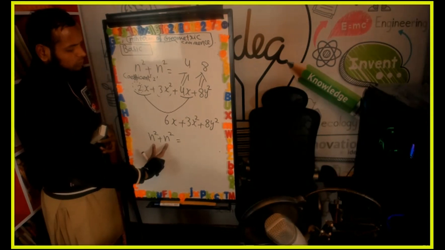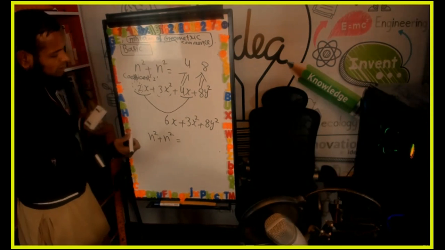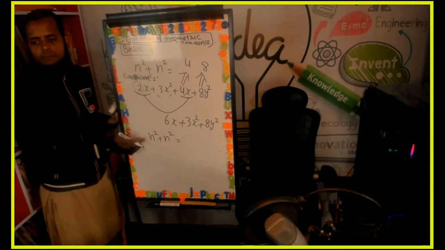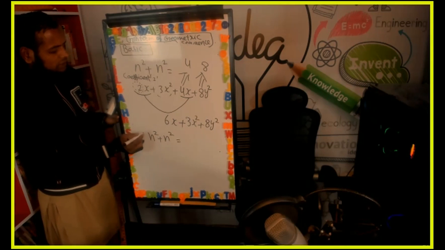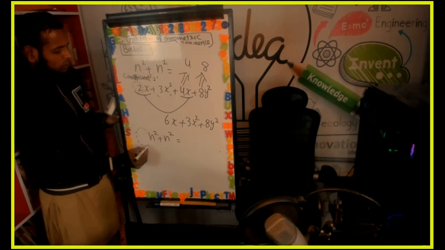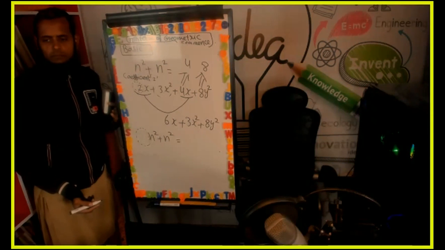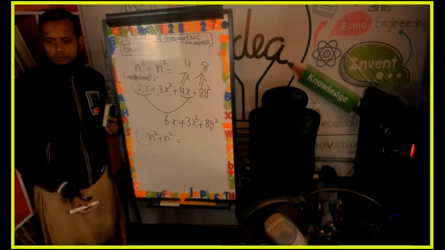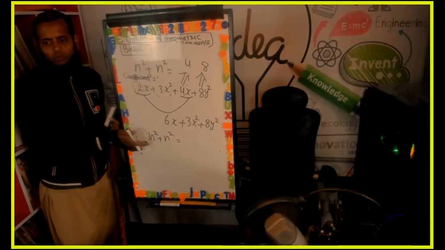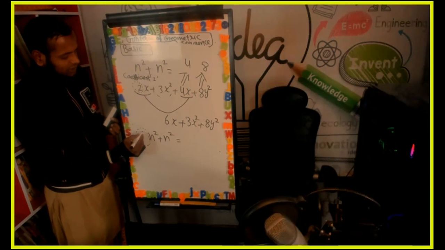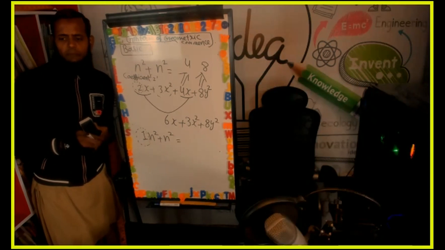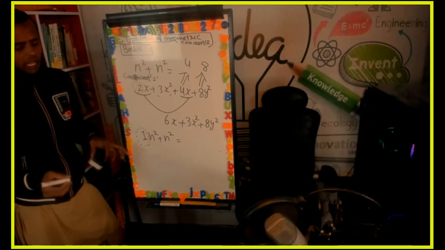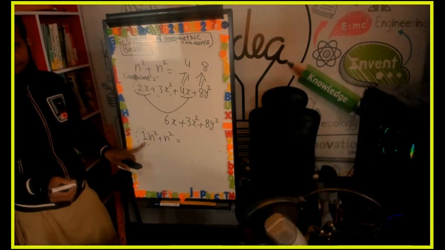These are like terms. You should add their coefficients. What is the coefficient of n square? No, the coefficient is the number before n square. What is the coefficient here? When there is no coefficient, you should understand 1 is the coefficient of every number, every variable. 1 is the coefficient of every variable. Okay?